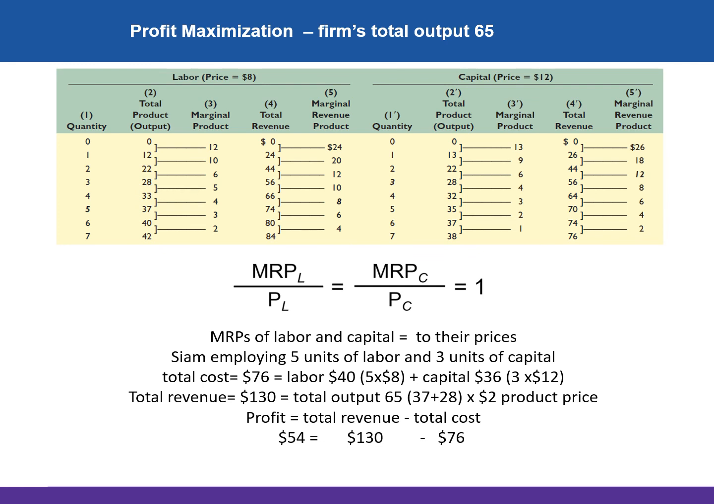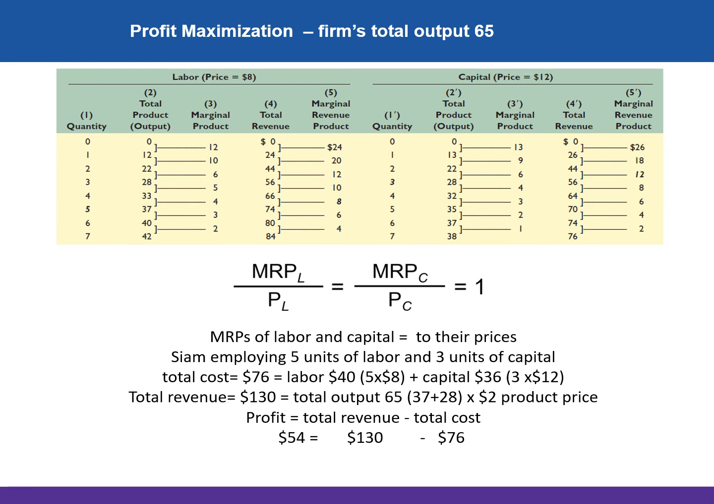So what's our firm's total revenue? Well, remember, we sell our product at $2 per unit. We're selling in a competitive market, right? That was given in the earlier slide. This firm is a price taker in a competitive market. Therefore, total revenue is simply price, $2, times quantity, 65, which is $130. If we take $130 worth of total revenue minus the $76 worth of total cost, this firm is therefore generating